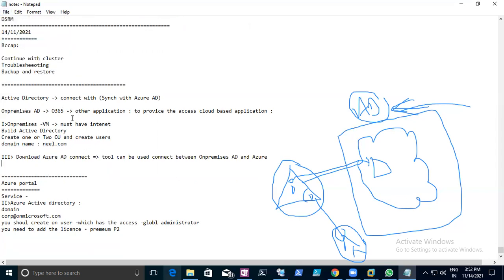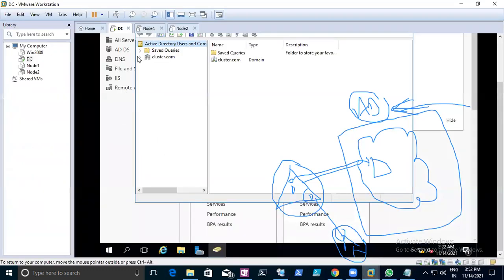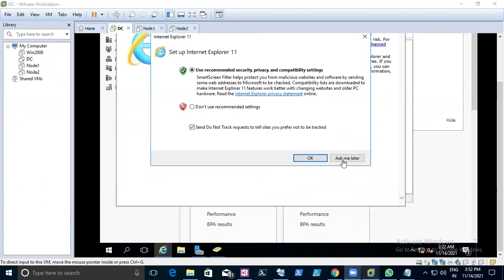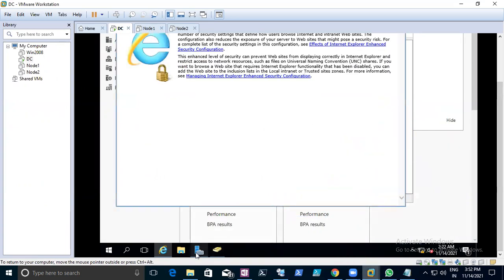Let's try it. First, go to our AD machine. I don't have internet in this machine, so let me just try whether internet is there or not.